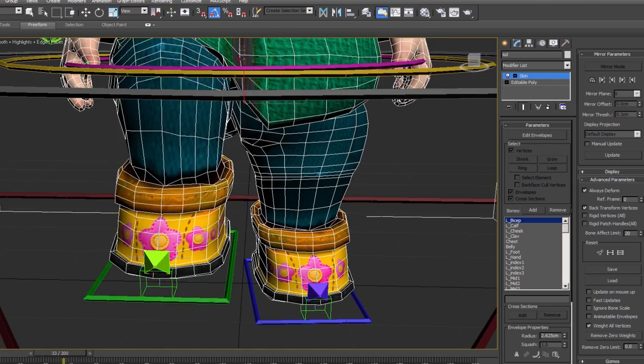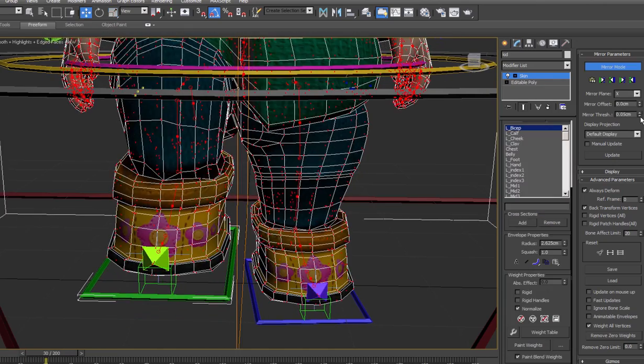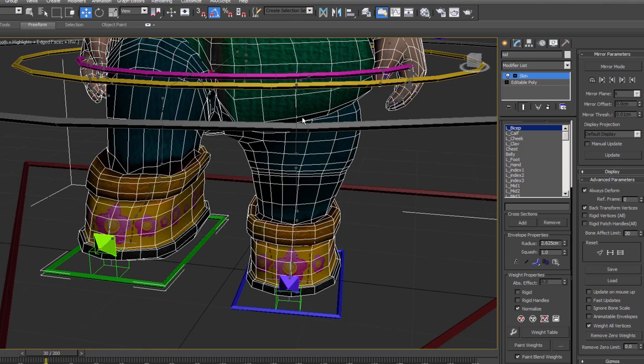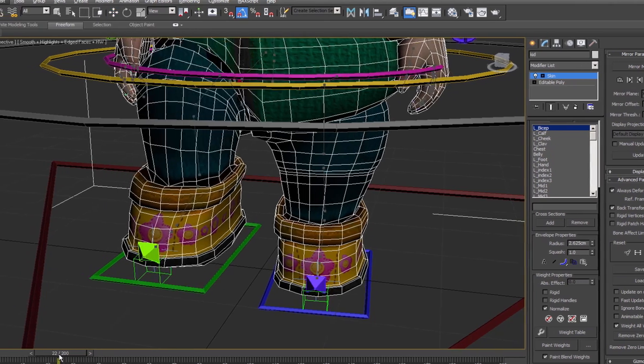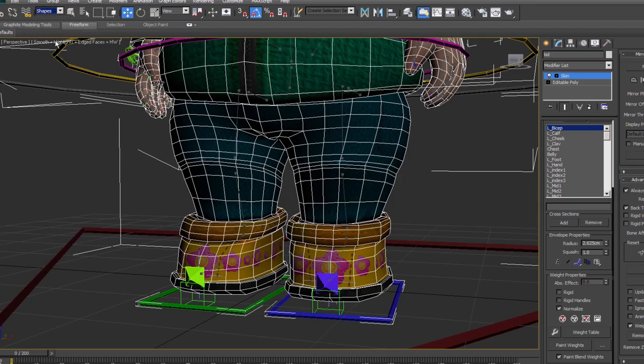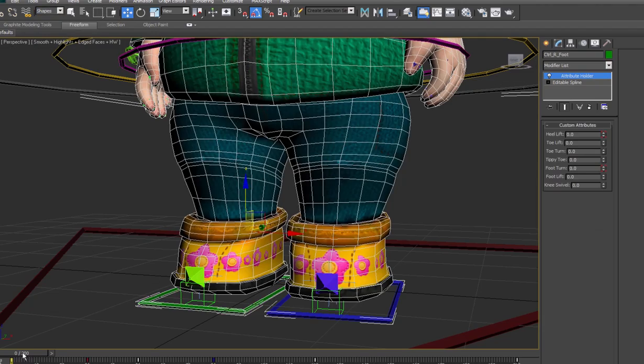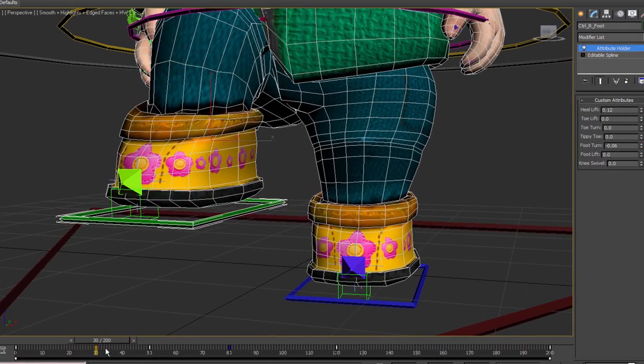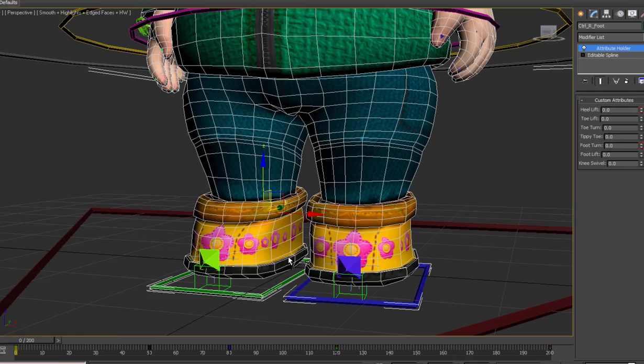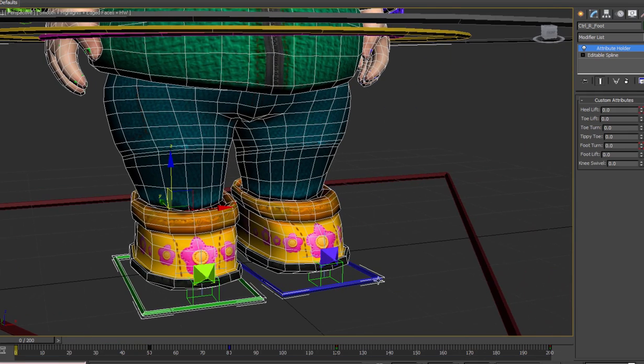Let's go again to frame 30. Let's reduce this. I'm going to use 0.01 centimeters. Okay, so I did a mirror. I'm not sure what that's going to do to the weights just yet. Let's go to shapes, grab this. Gotta get out of skin first. And I put this extra one here. So I'll just take that out, and maybe we'll test out this side and see if it cooperates the way it should.